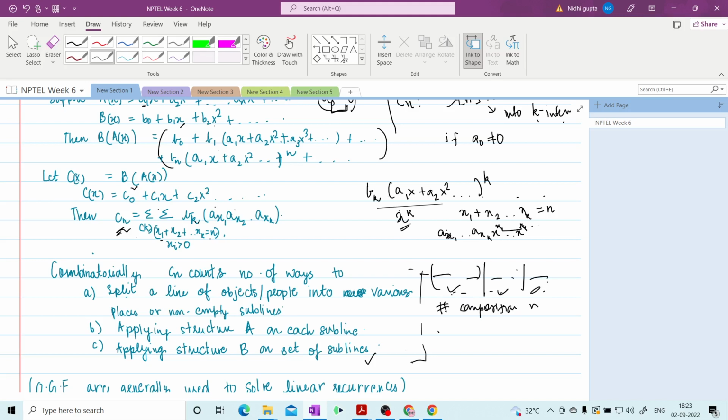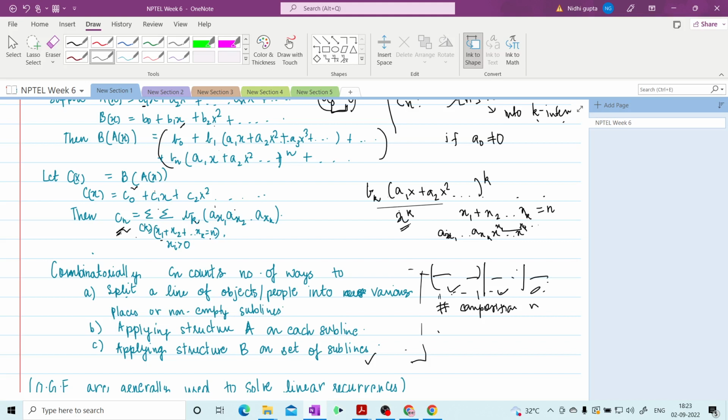Once we have this splitting, we apply structure A on the first set, whose size is x1,